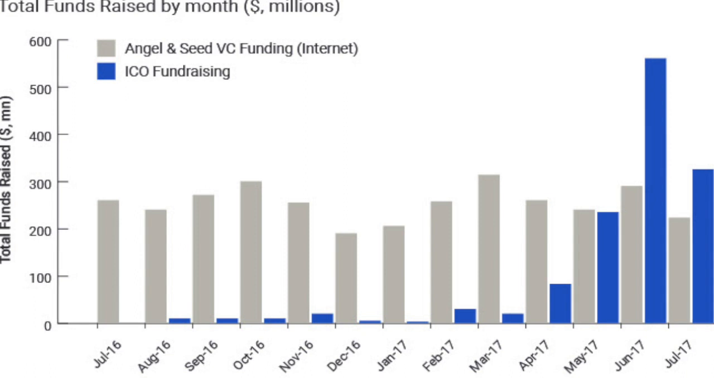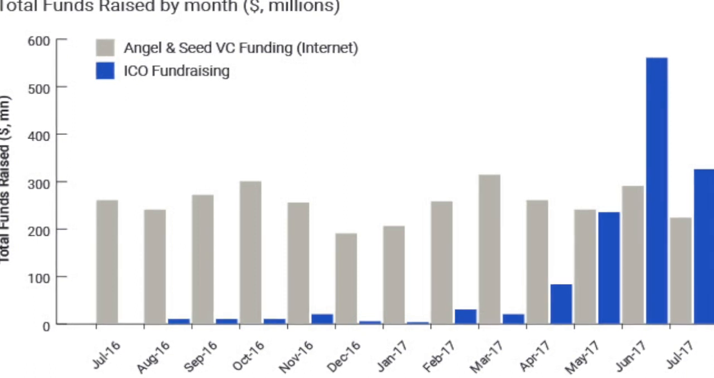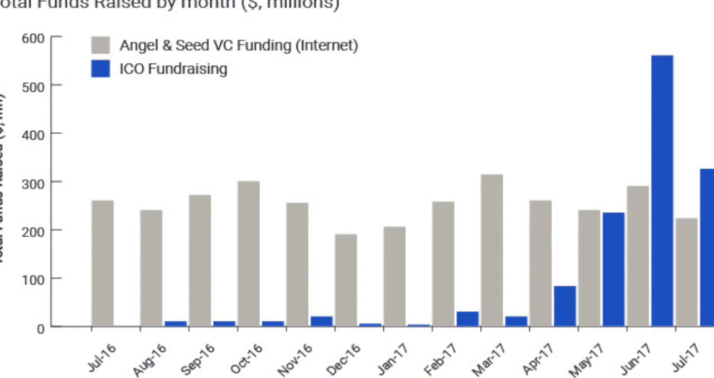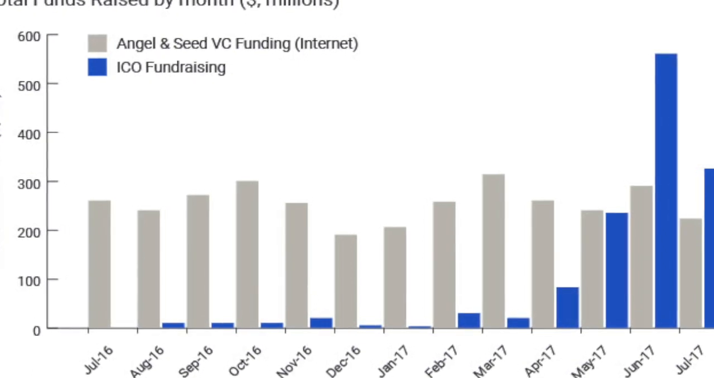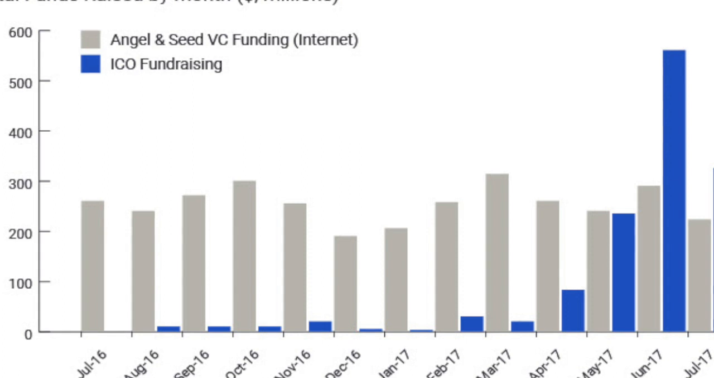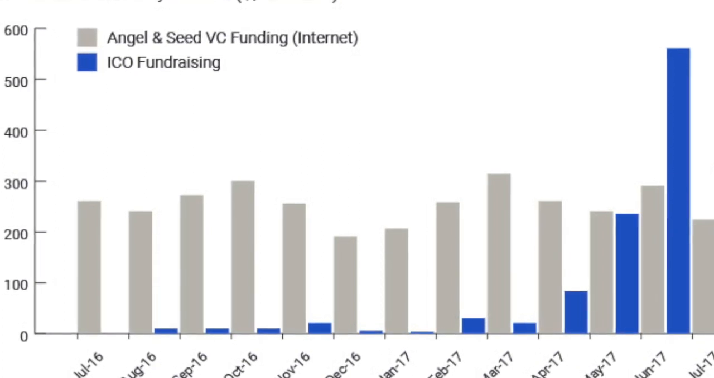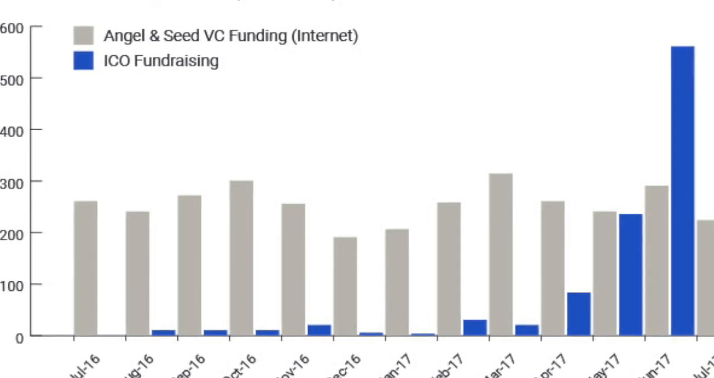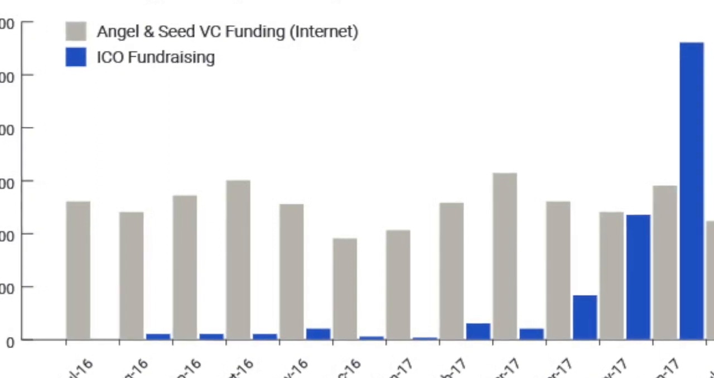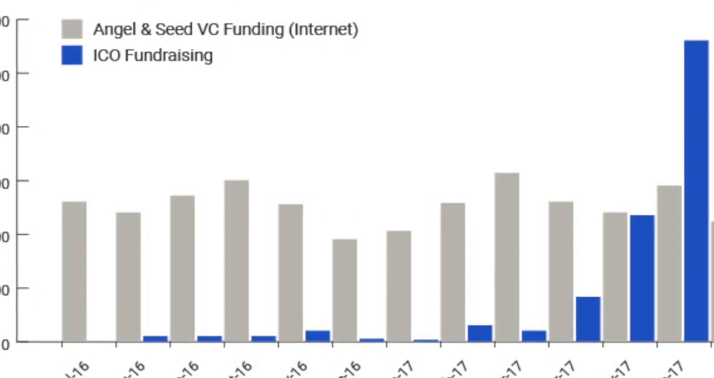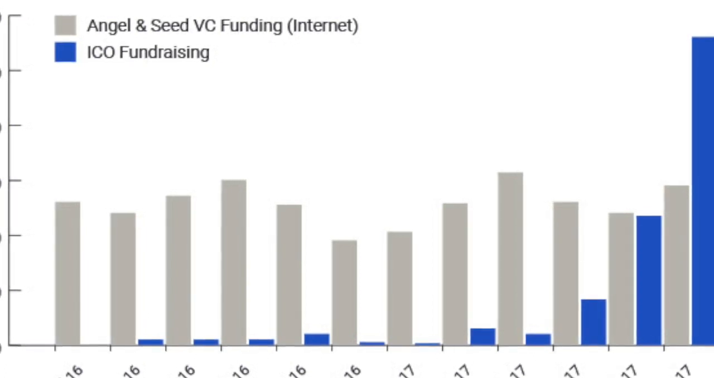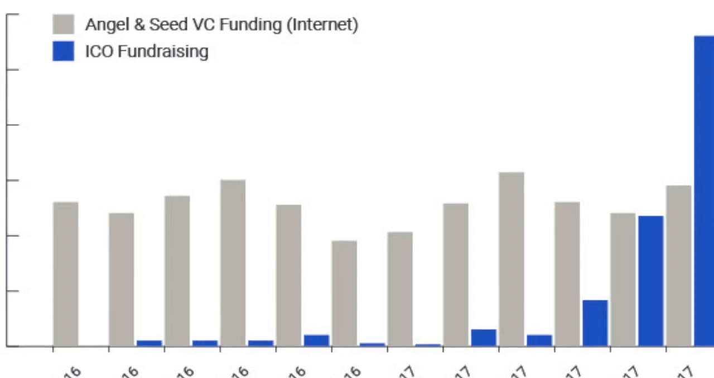Okay, so total funds raised by month. Again, this is from 2016 to 2017. So in July of 2016, it was about 275 for angel and seed funding, conventional angel and seed funding, versus ICO fundraising, nothing. And then 2017, starting May, it was equal, and then boom, June, ICO surpassed conventional angel VC fund twice, okay, 2 times, and still more startups go to ICOs than IPOs because it's still